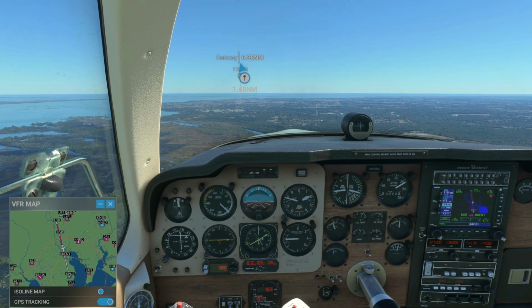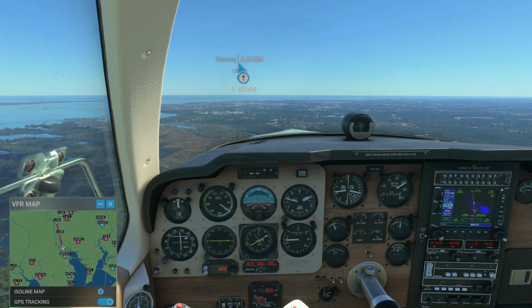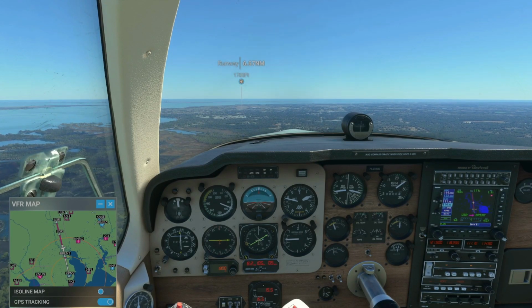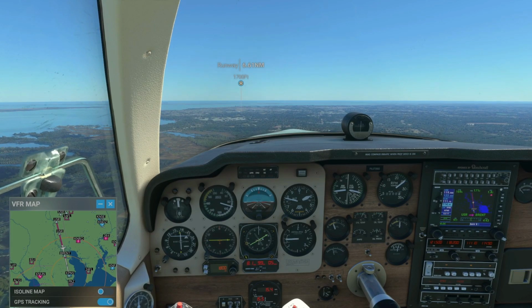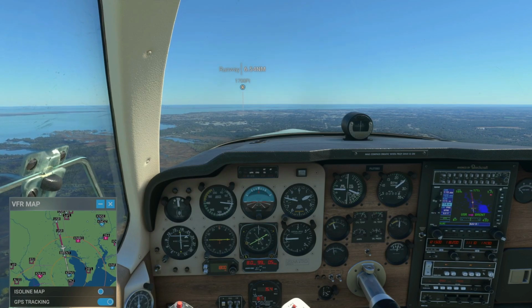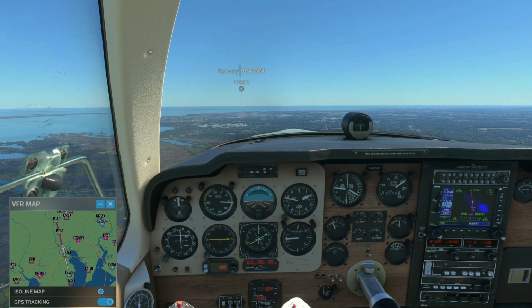Going to go to full flaps. There's our glide slope